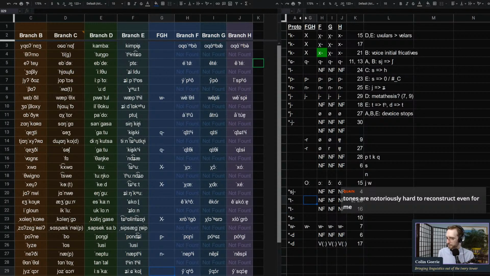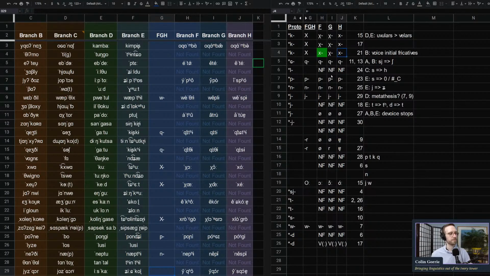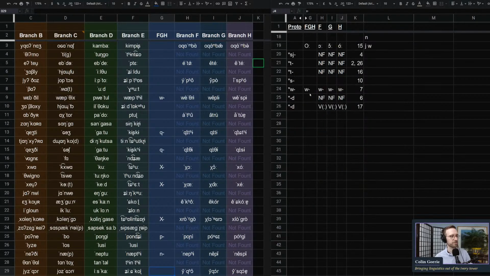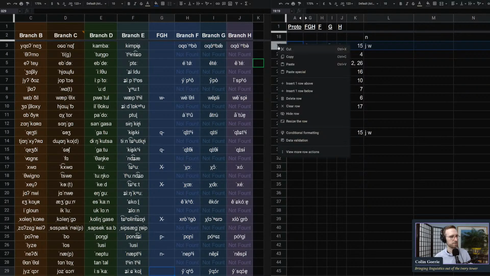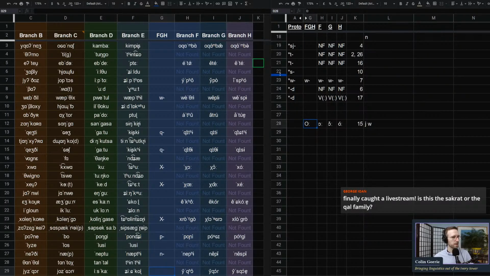Okay. Are there any borrowings between the branches? There very well may be, and we have no way of knowing. So we just have to proceed with the understanding that that might be the case. Let's do a few vowels, because we haven't touched them really yet. All we have is this reconstruction here, this long O of some kind, open or closed, I'm not sure.